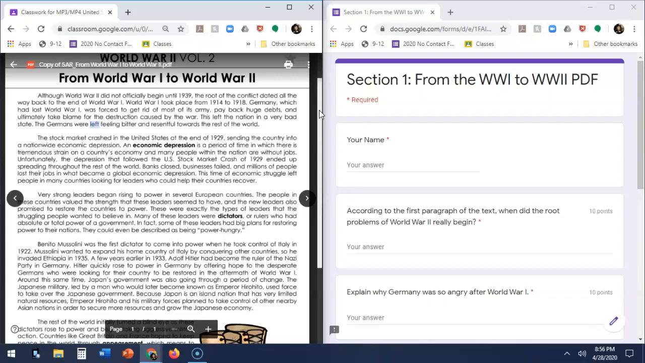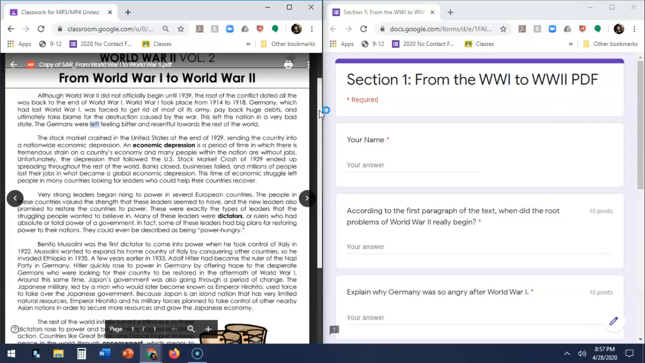Around the same time, Japan's government was also going through a period of change. The Japanese military, led by a man who would later become known as Emperor Hirohito, used force to take over the Japanese government. Because Japan is an island nation that has very limited natural resources, Emperor Hirohito and his military forces planned to take control of other nearby Asian nations in order to secure more resources and grow the Japanese